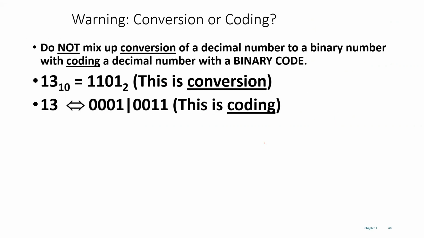So this is how things can be done. Now there is a thing you are not supposed to mix up, that is conversion and coding. Try to avoid that; there is a difference between conversion and coding. If I ask you to do this, this is your conversion, and if this needs to be done for BCD, then this is called coding. So you are actually encoding 1 into 1 and 3 into 3.